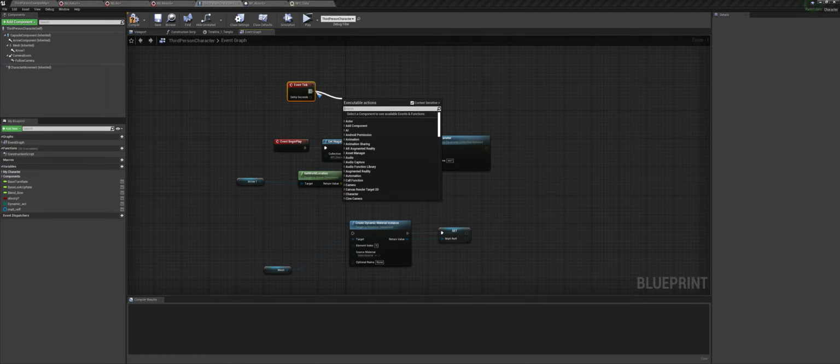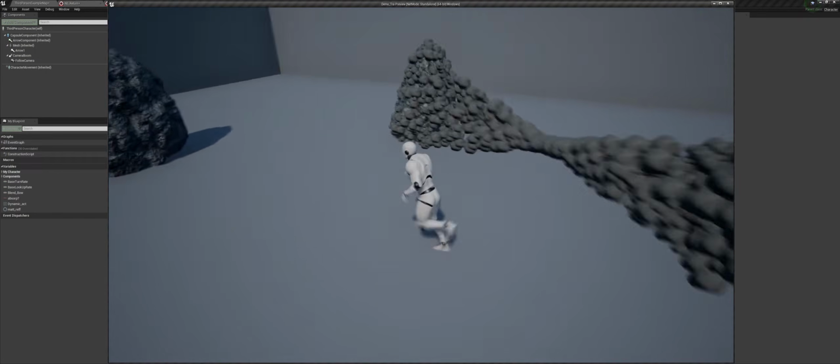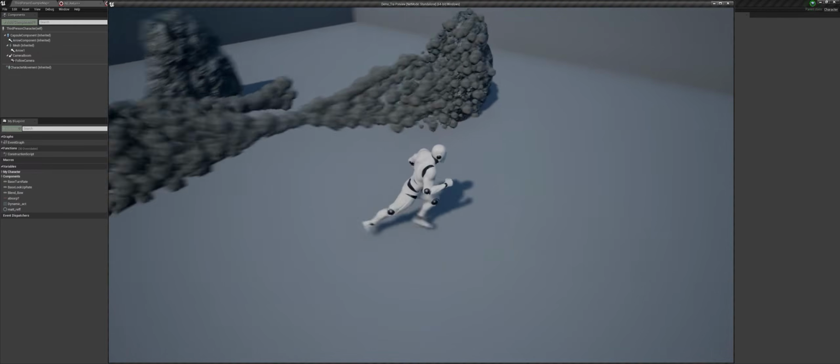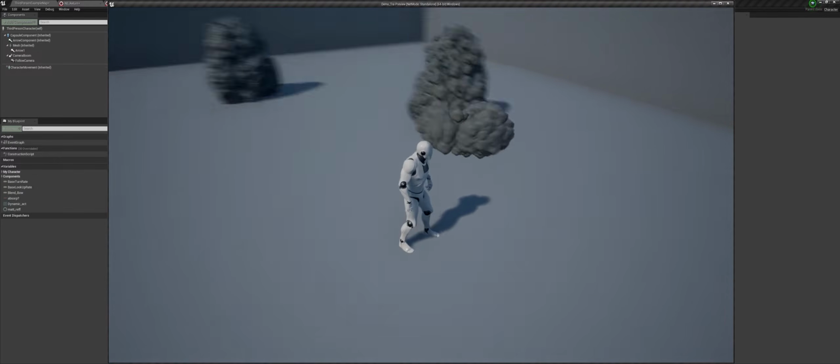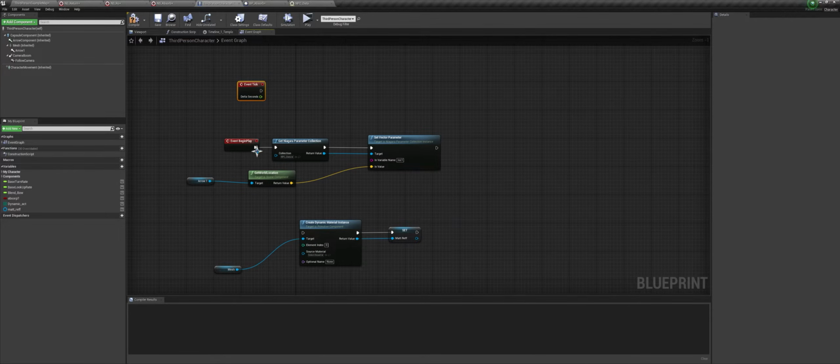So this is just for testing and you really shouldn't do this in your game. So when I move, you can see that it is updating like this. So here you can connect a custom event that updates during movement and it will work the same.